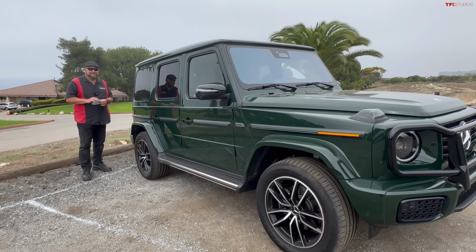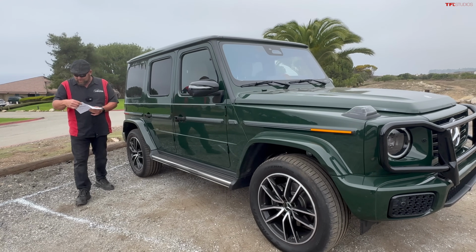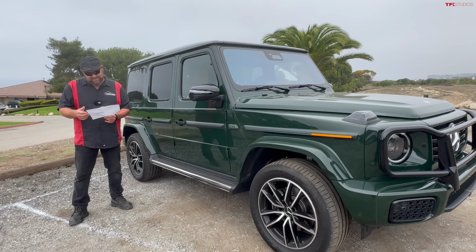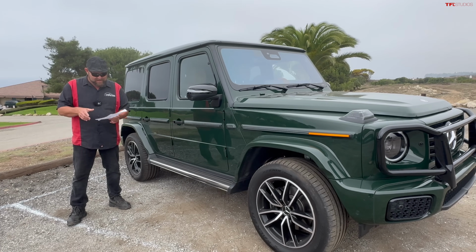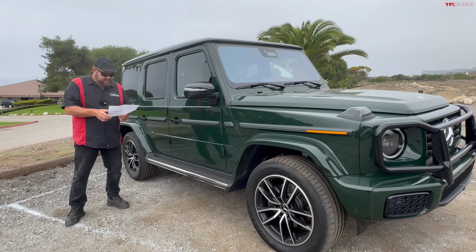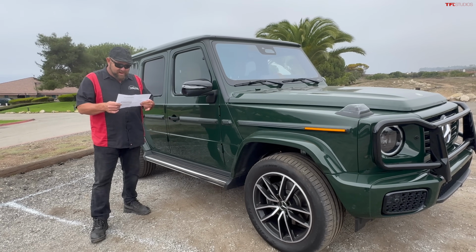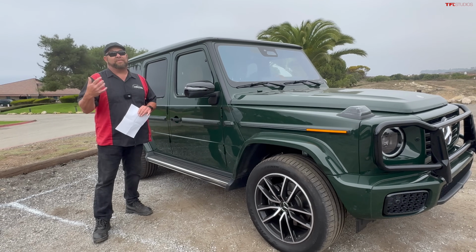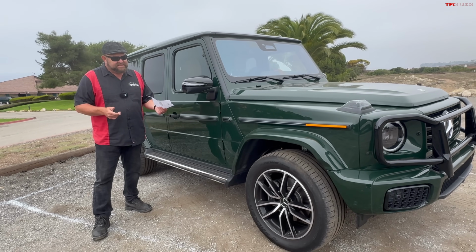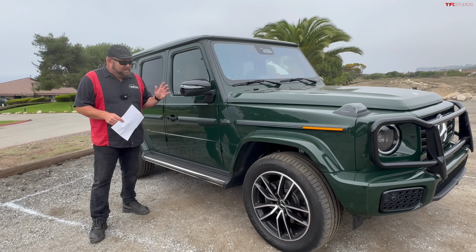I have here the sticker. Yep. 2025 Mercedes-Benz G-Wagon. Well, it's the G550. They don't even call it a G-Wagon here, right? $148,250 base. This one, with all the extra goodies here, including that really expensive, wonderful paint job, $181,030. It's a bargain. It's actually not that much more expensive than the vehicle it replaces, technically speaking. But at the same time,